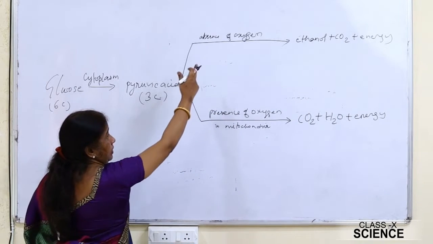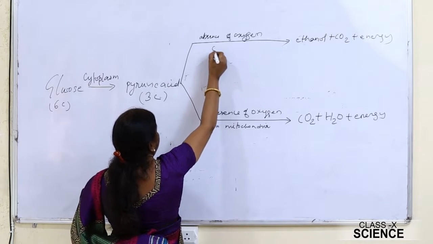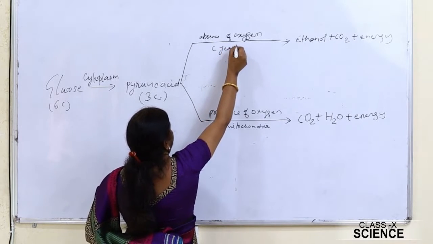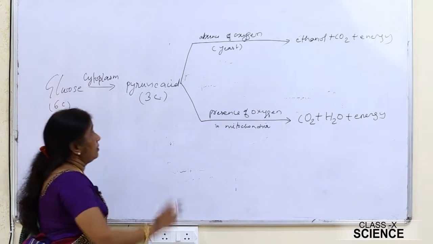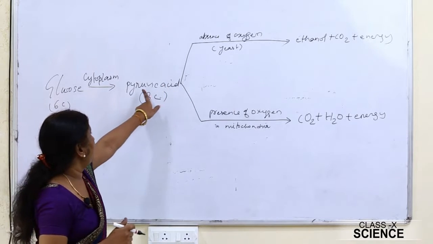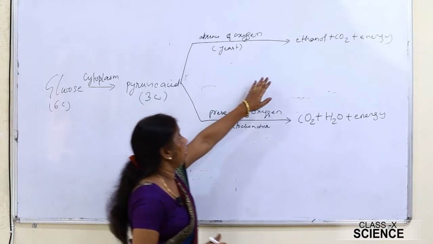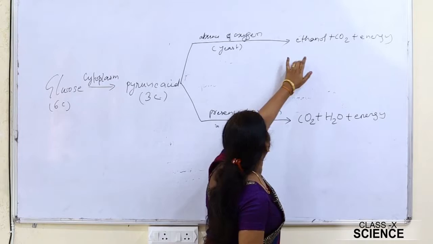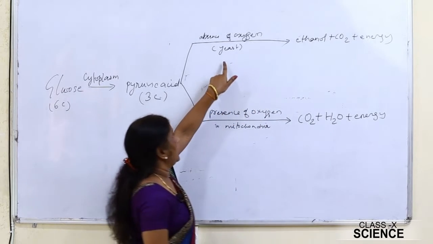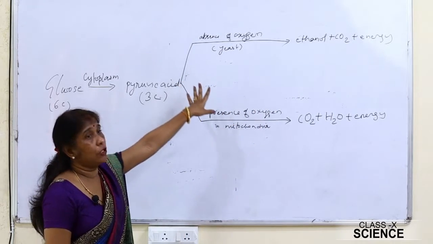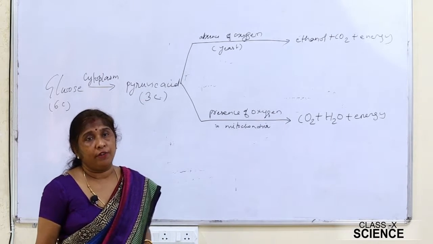This type of respiration takes place in the body of yeast. Pyruvic acid is a 3-carbon compound, whereas ethanol is a 2-carbon compound. It takes place in the body of the yeast, and this process is also called alcoholic fermentation,